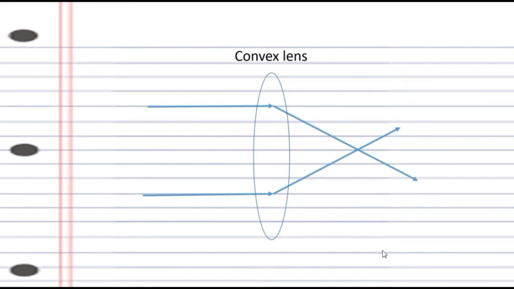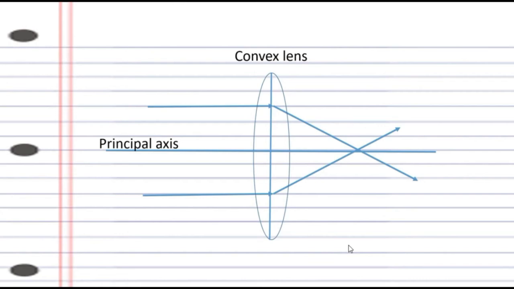So you can make the entire lens into two parts, draw a line here, and take your light rays till the center of this and then directly converge. And this is what you need to draw in the examination. You need not show refraction within the convex lens as well as outside again. Now if you draw a line in the center, that is what is called the principal axis.